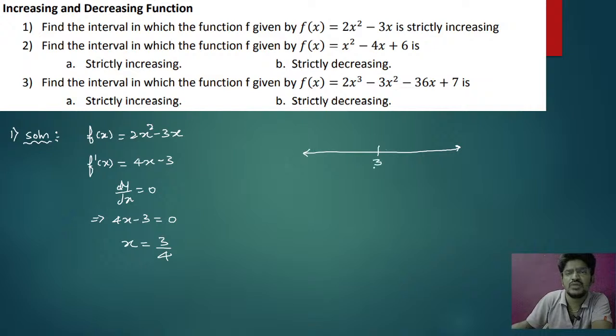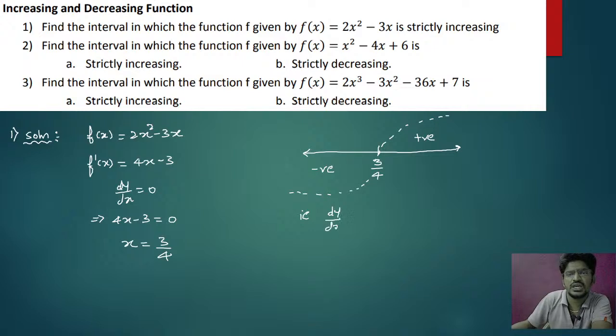This is 3 by 4 and you can just see the function is positive because highest power x is 2. So coefficient of x square is 2, therefore it is positive. The function is positive, no problem. We can draw the curve here like this. Okay. So you can just see here it is positive. Here you can see it is negative. So that is